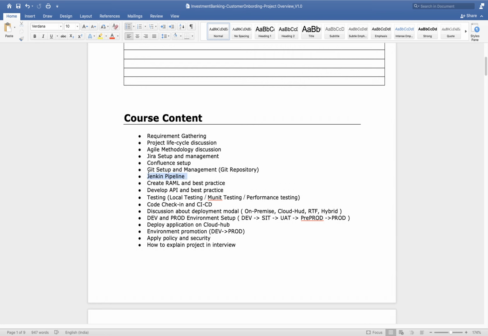Next we have the Jenkins pipeline. Here we will understand the CI/CD part, using Jenkins, how we can create a script, and that script will help us automate our deployment process. Once you develop your code, you will commit your code on the repository, then this CI/CD pipeline will come into the picture. What it will do is take code from your repository and deploy it on a server. Now the server can be the cloud. Server means where you are deploying your Mule application.